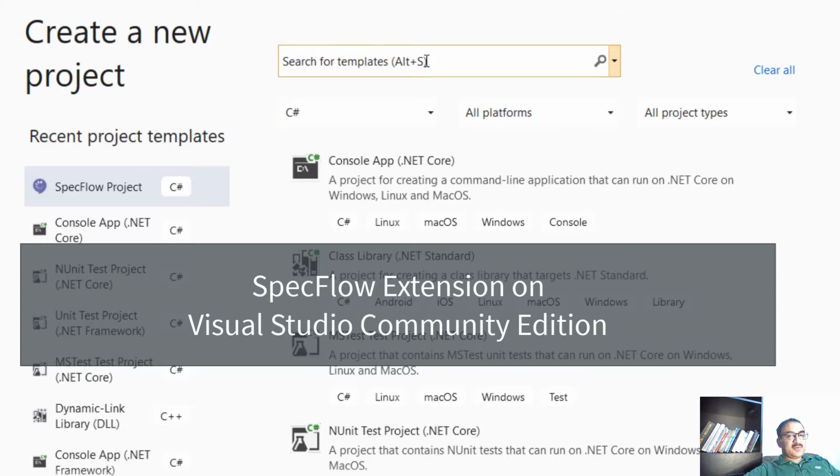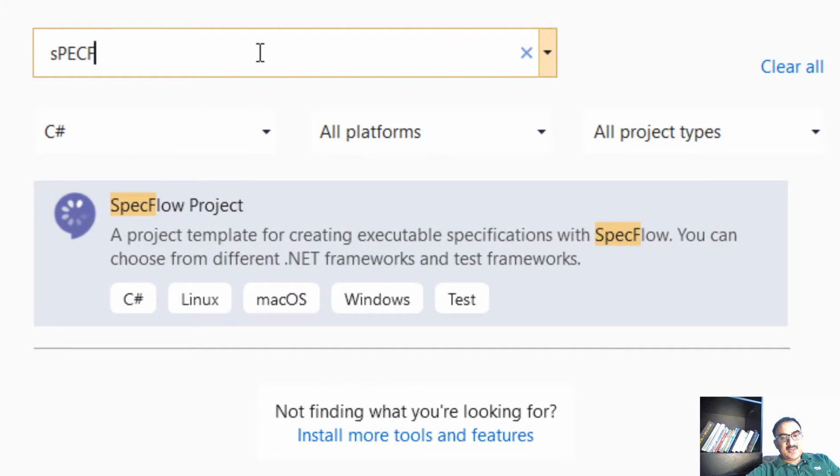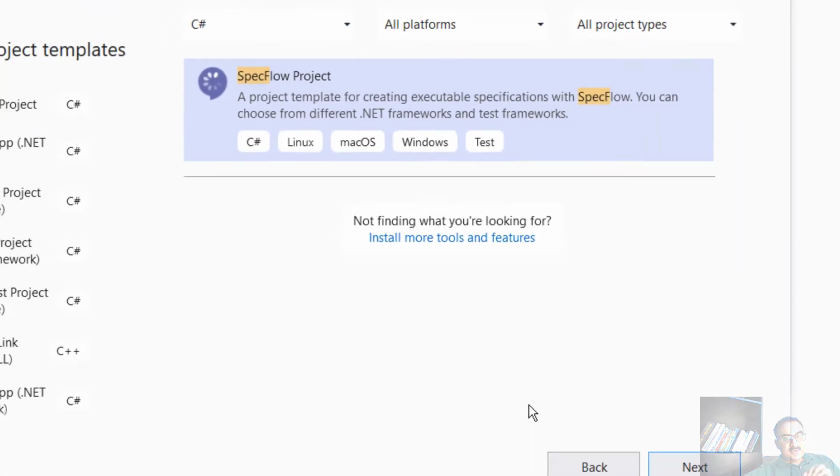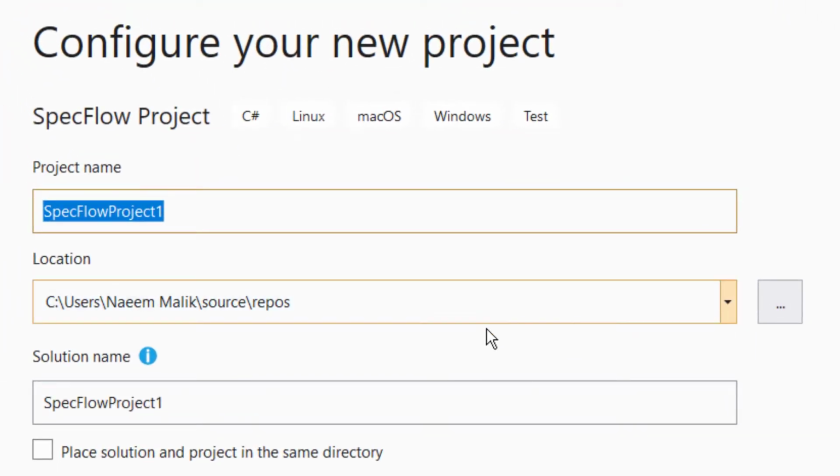This is Visual Studio Community Edition, the free edition of Visual Studio. So if I search here SpecFlow, you can see that this project template is shown, because I have installed the SpecFlow extension. I will click next. The project name and other stuff is here.